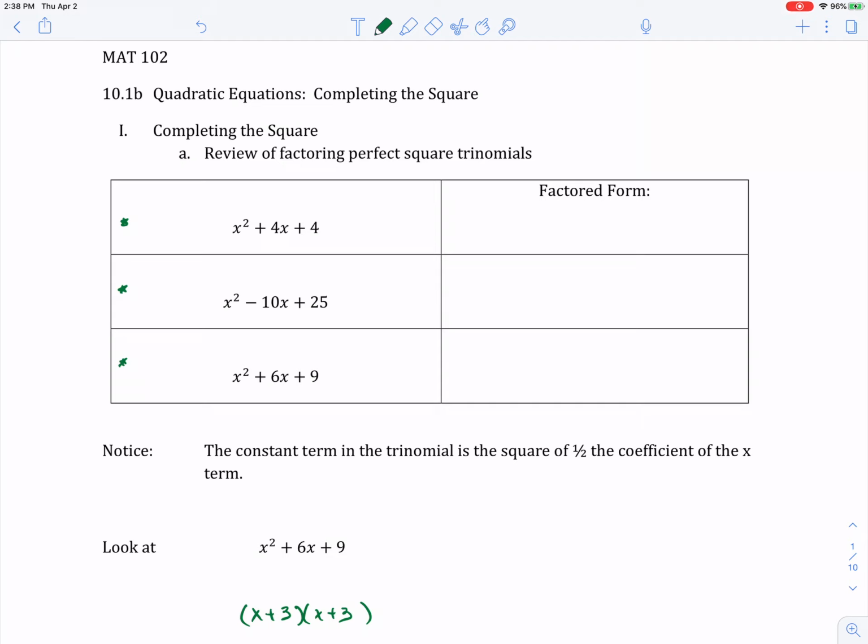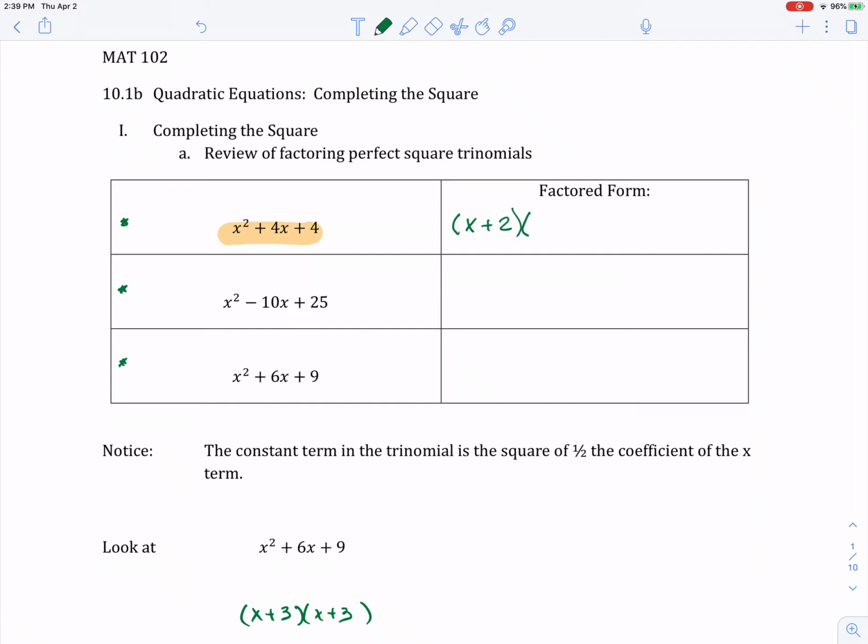First part of 10.1, remember we worked on the square root method, and this is the second method in here. It's called completing the square. So what we're going to be doing with this is looking at creating what are called perfect square trinomials. That's what these are. These are all perfect square trinomials because they all factor